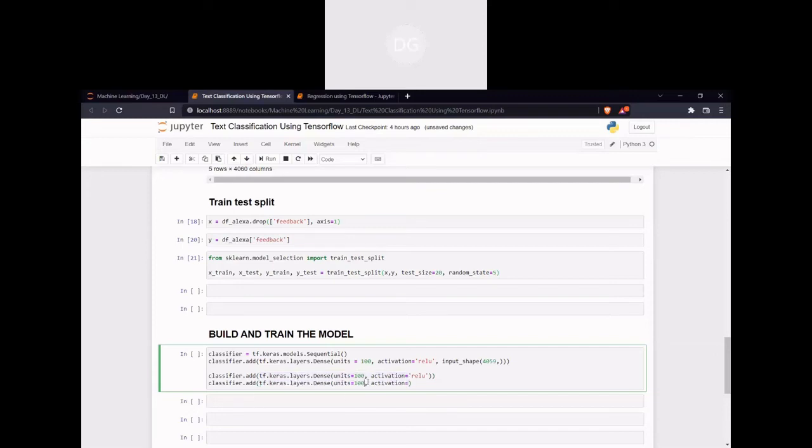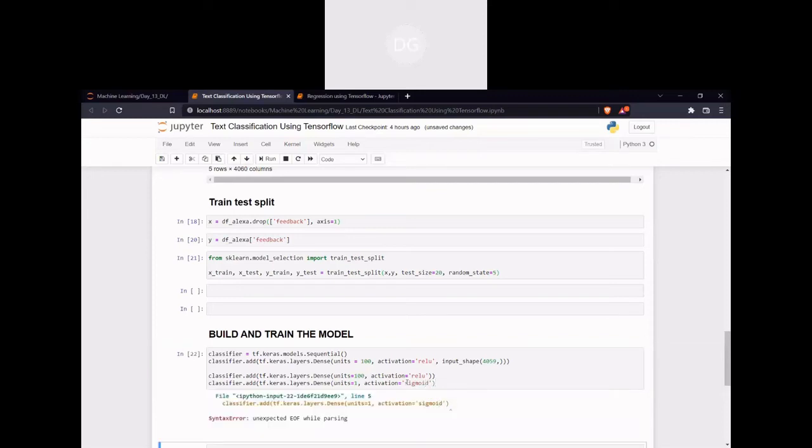Here I have to give only one, so one output I am going to get, whether it is true or false, like that. So for activation, here I can give the sigmoid method. Why? Because negative values will stop at 0 and positive values will stop at 1, so in between we can give some value and check. Whichever value we get more than 0.5 we can say is a positive review, and values less than 0.5 we can say is a negative review. Like that we can adjust our value. So for that purpose I'm going for the sigmoid method.